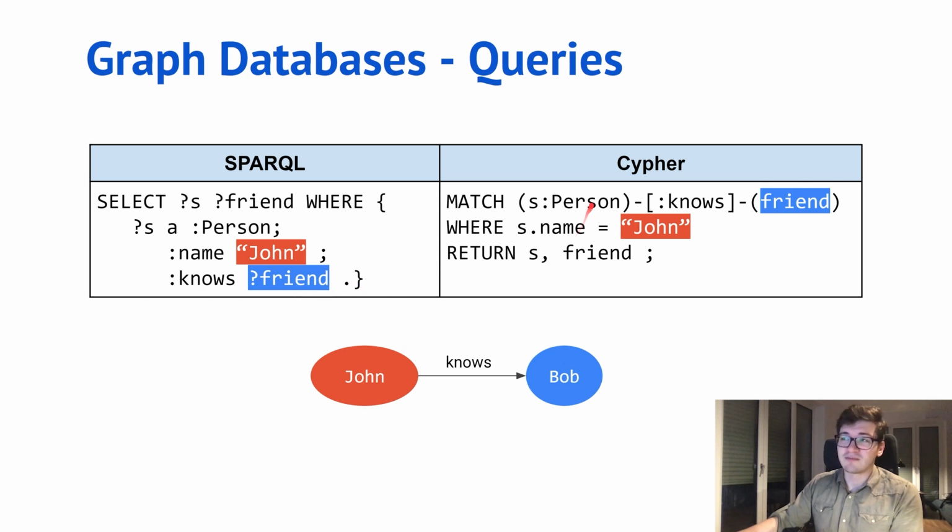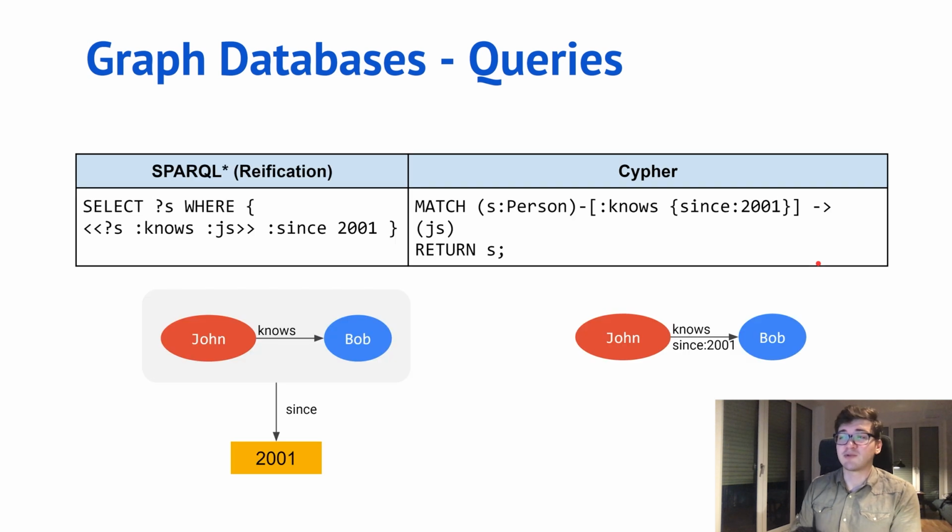And in Cypher, the format is a bit different, but the result is pretty much the same. But when it comes to key value attributes or complex limitations on the relations, in Cypher it's pretty easy. You can just tuck in this set of key value attributes,